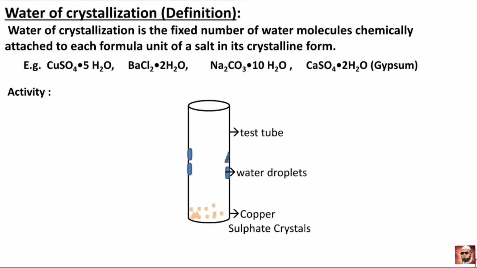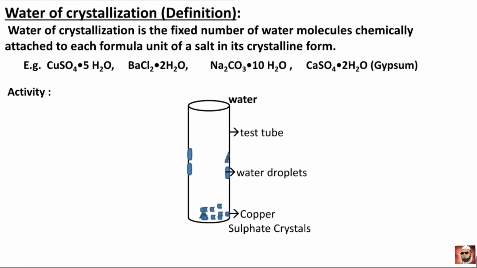This shows that the crystals of salts are not really dry. Now add 2 to 3 drops of water on the sample of copper sulfate obtained after heating. When the crystals are moistened with water, the blue color reappears. From this activity, we understood that some salts look dry, but they contain some molecules of water. So that's why we call it water of crystallization.